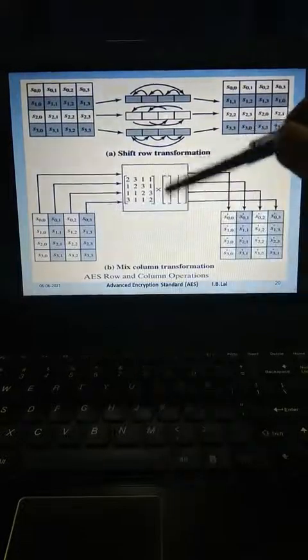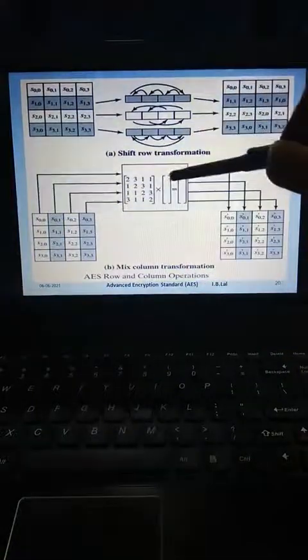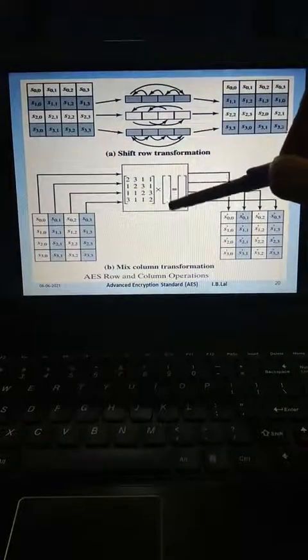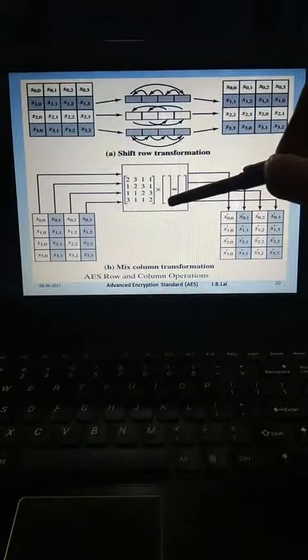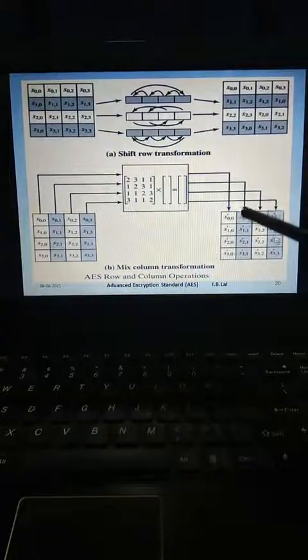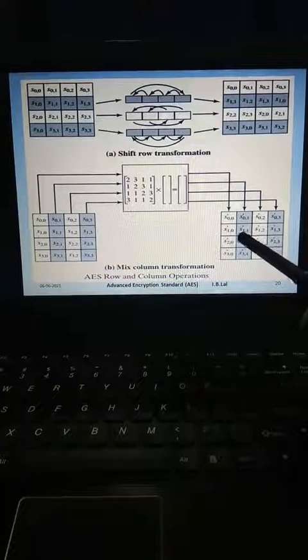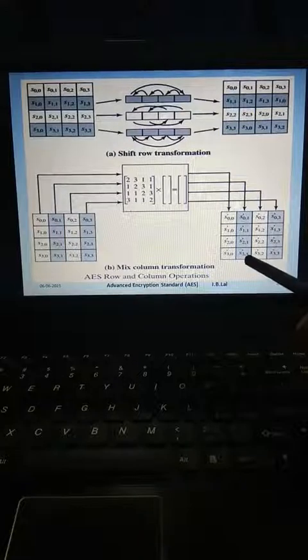Now this place would be filled by the second word, second column, S01, S11, S21, S31. Now after multiplication it would again produce a 4 into 1 matrix. Okay, now this result would be stored in this state array as the second column. So S dash 01, S dash 11, S dash 21, S dash 31,